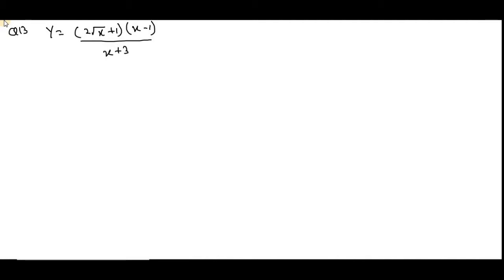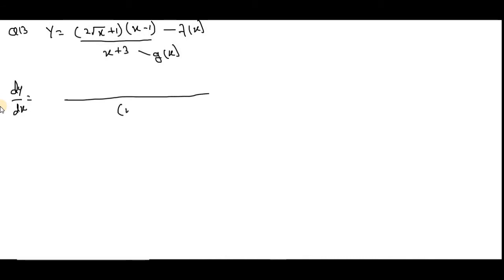Now question number 13, y is equal to 2√x + 1 times (x − 1) divided by (x + 3). Now this question is a combination of two formulas. First one is the division formula, and then second one is the product rule. The product rule will be applied on the first function, that is f(x), and this is g(x). So applying the division rule,